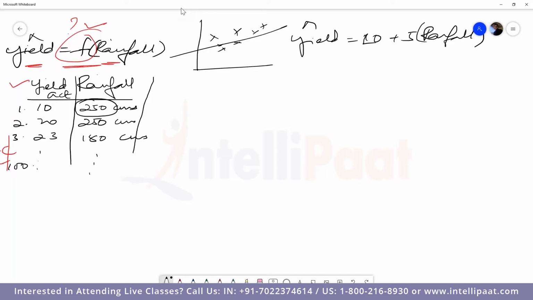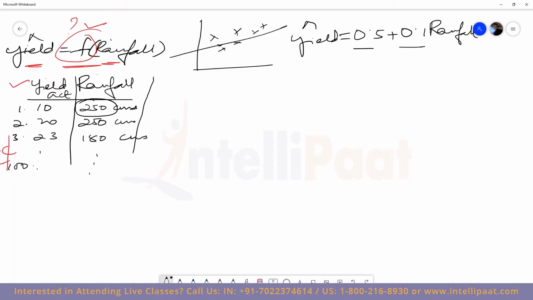So let me actually take a better equation instead of this. This equation could give me results which are haywire. Let's do it this way: 0.5 plus 0.1 times rainfall. Let's say this is one particular equation. I want to make sure that the predicted values for every data point that you see over here